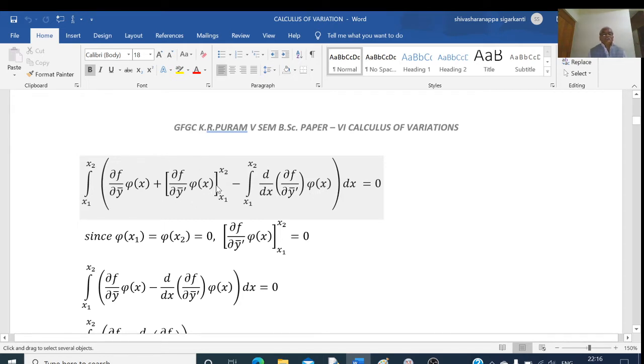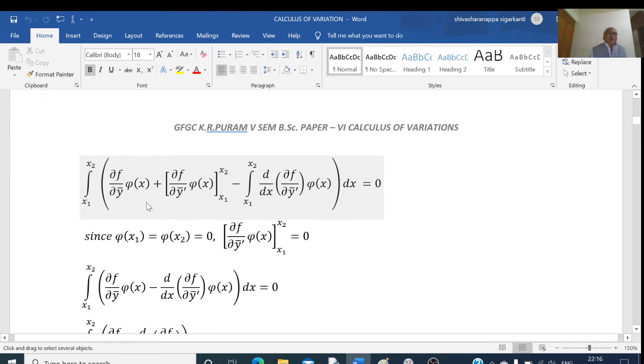Now here in this term, we have to substitute the limits. Upper limit is x2, lower limit is x1. If I put this x equal to x2 here, I am getting pi of x2. But according to my definition of pi, pi of x2 equal to 0. So therefore here if you put this upper limit, we are getting this term equal to 0. Similarly, if I put x equal to x1, the lower limit, according to my definition pi of x1 is also equal to 0. That is, upper limit value is equal to 0, lower limit value is equal to 0. Therefore, this whole term becomes 0.